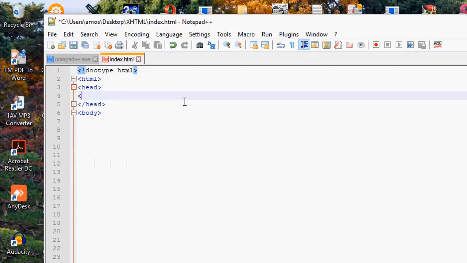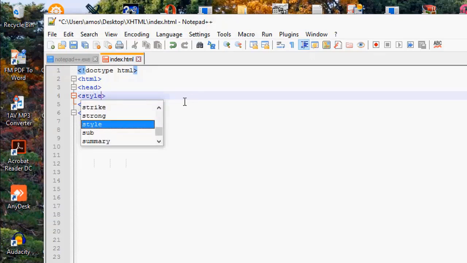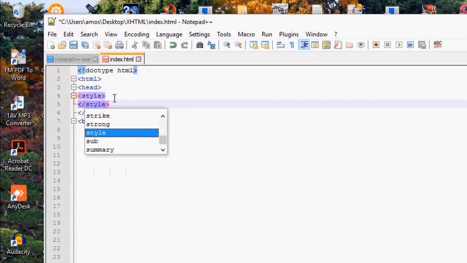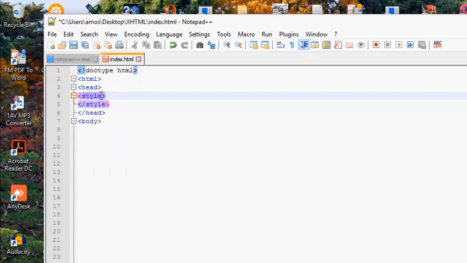As we are used to, you create the opening and closing tag, style, and then let's create the closing. Style, closing. Now in the opening style tag, you hit space and type